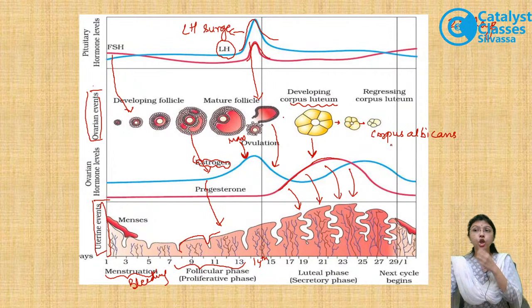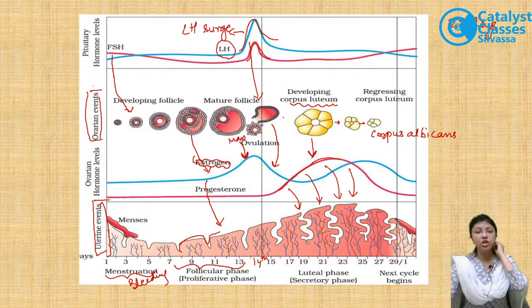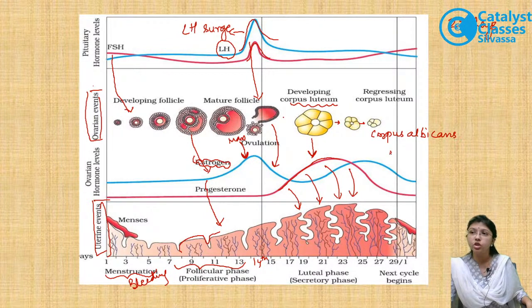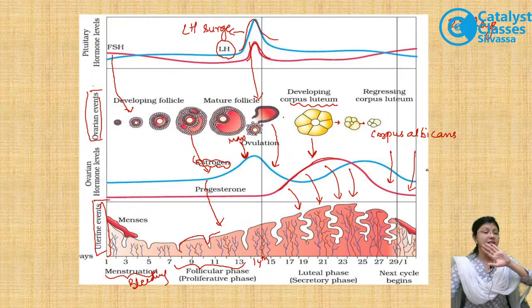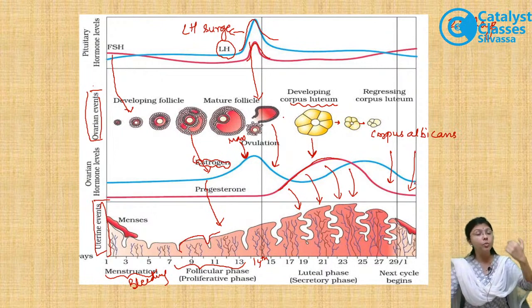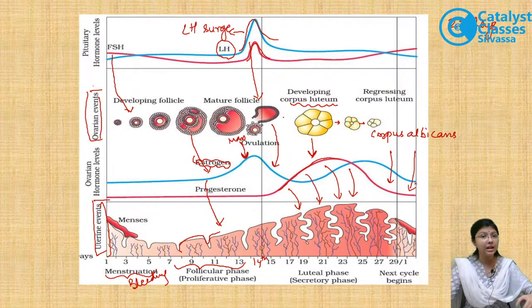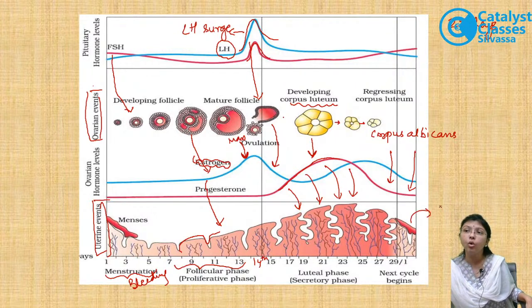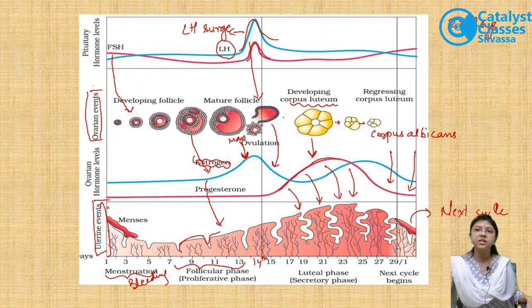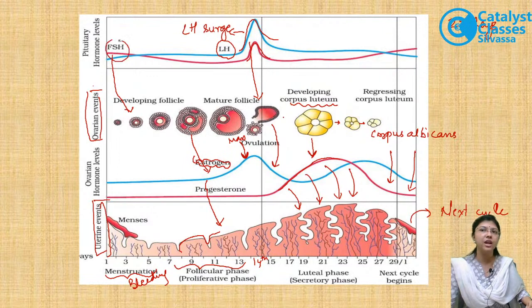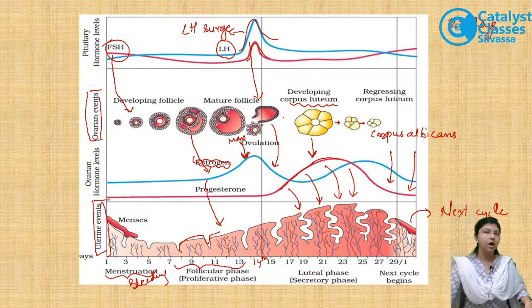And क्योंकि corpus luteum degenerate हो रहा है, what you can see, progesterone का concentration जो है वो वापस कम हो गया, है ना? प्रोजेस्टेरोन का कंसंट्रेशन कम हो रहा है, दैट इज अ सिग्नल टू द पिट्यूटरी ग्लैंड कि क्या होने वाला है? फर्टिलाइजेशन नहीं हुआ है. सो नाउ दिस ओवम अलोंग विद द यूट्राइन लाइनिंग हैज टू बी रिमूव्ड आउट. सो नाउ द फीमेल विल अंडरगो द नेक्स्ट साइकिल. और वो नेक्स्ट साइकिल जो है वापस यहीं से कंटिन्यू होगा। जैसे ही प्रोजेस्टेरॉन का लेवल कम हो गया, पिट्यूटरी पे किसका लेवल इंक्रीज हो जाएगा, एफएसएच और एलएच का कंसंट्रेशन बढ़ जाएगा।